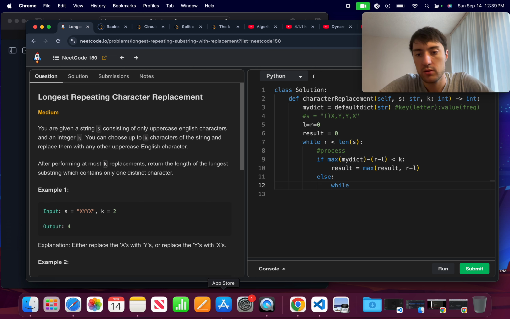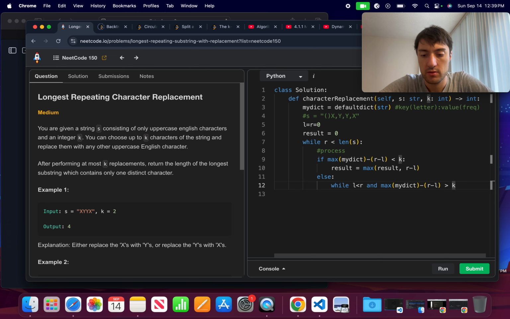So while left is less than right, and the opposite is the case, I want to take away that value from my dictionary. So that is going to be indexed at